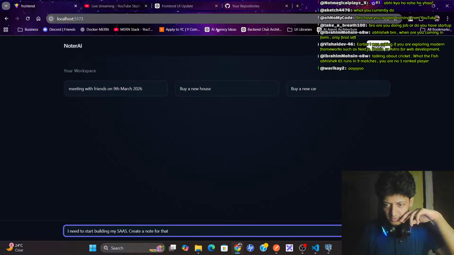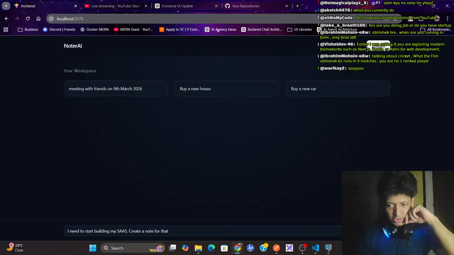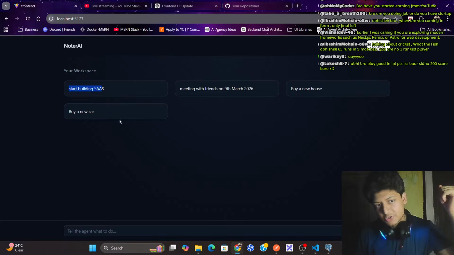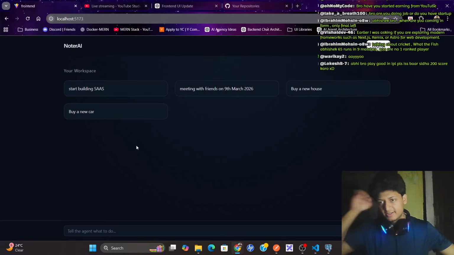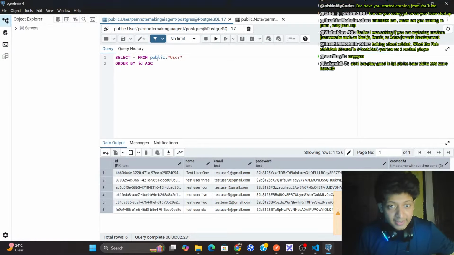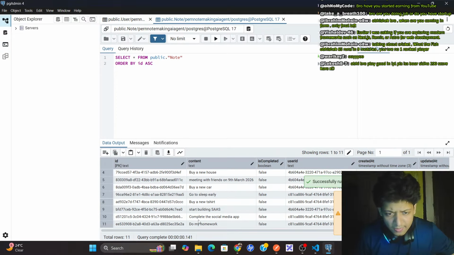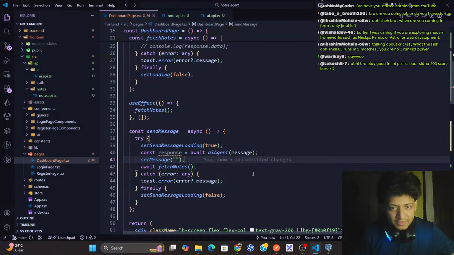Let's see. Sending message. See, the AI understood what we are doing and it created this note, start building a SaaS, right? And if I come to my backend and look, where are my notes? Here we can see the new notes. Start building SaaS. Okay, these things are happening.